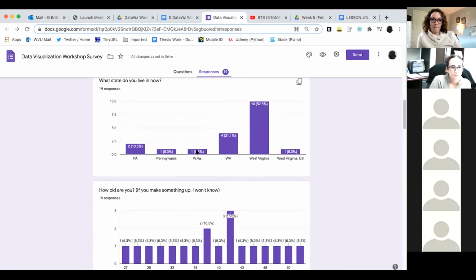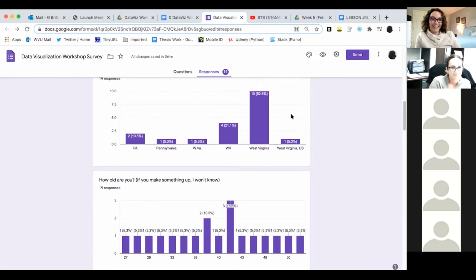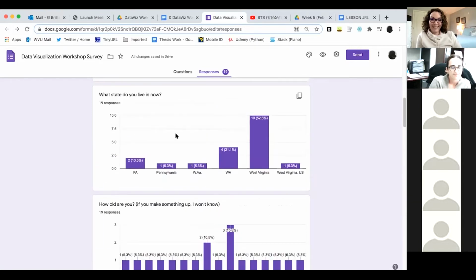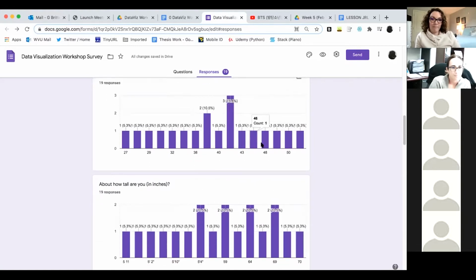Where do you live now? Again, WVA, WV, West Virginia, US. Oh, God bless you. Thank you for making my data richer. But really, there should only be 2 columns here, right? Pennsylvania, West Virginia. Honestly, that would be a pie chart, really. How old are you? Again, this one, we probably are not going to have duplicate values here, but we can